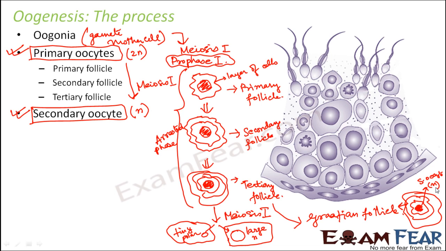So now what will happen? Now what happens is that this matured Graafian follicle will rupture and the secondary oocyte will be released out. So now, as I said, the secondary oocyte was formed, then Graafian follicle was formed. How was it formed? The tertiary follicle matured to form the Graafian follicle. And now the Graafian follicle will rupture. So it will break down, and as a result the secondary oocyte will be released, and the secondary oocyte will